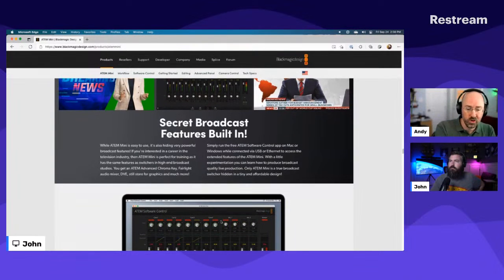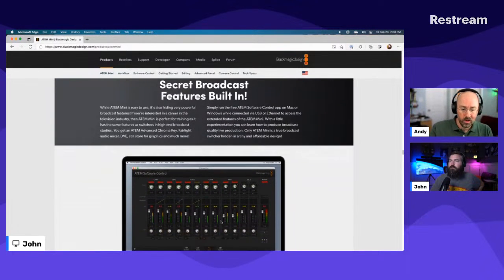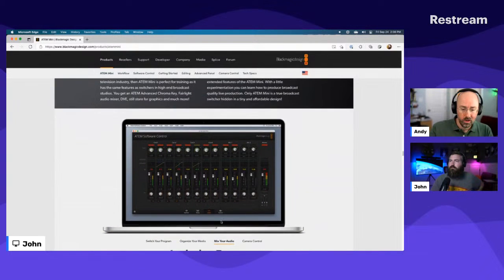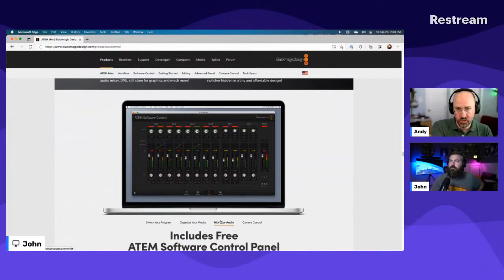But the main thing is if you're going to use an encoder, there's a single encoder, there's a switcher-based encoder. John's got the Atom stuff up there. I'm a big fan of Blackmagic stuff. If you can afford it, that stuff's amazing. And the Atom, for what it does, is super, super affordable, considering how powerful it actually is. I mean, new, it was $300. I'm sure you can get them used now because other models have come out, so people have upgraded.